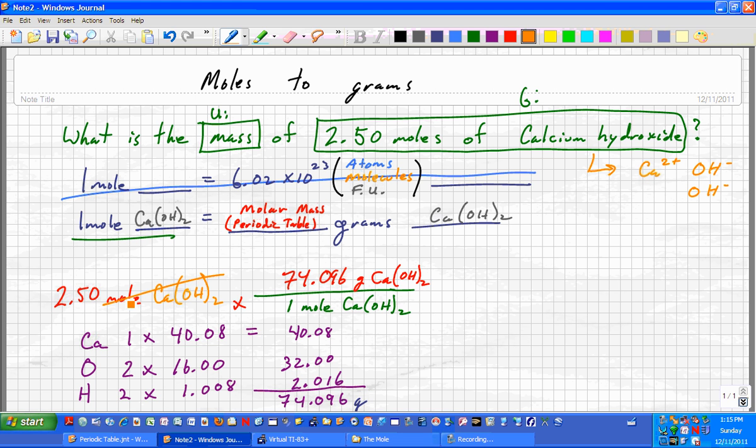Cancel some units here. My moles of calcium hydroxide cancel. I'm left with grams of calcium hydroxide, which is a unit of mass. So I'm ready to go ahead and multiply this out. I'm going to get